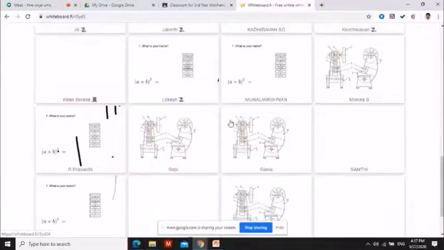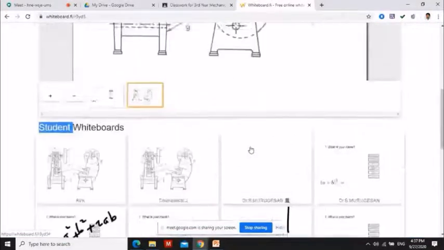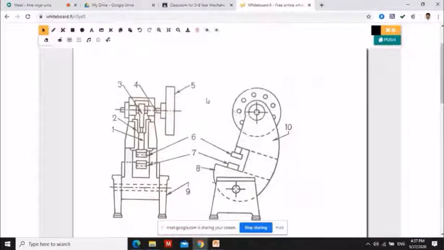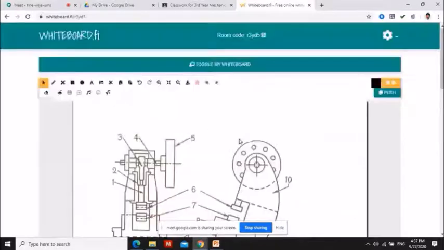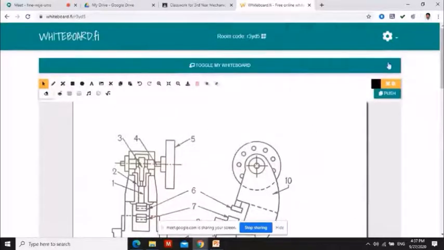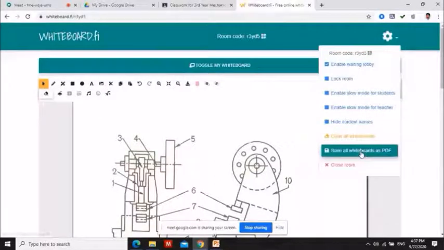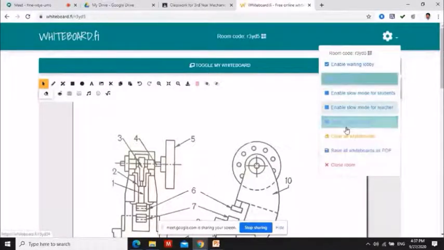Okay. This is how you can manage your regular whiteboard. This is not independently going to work. You can have your regular classes in Zoom or WebEx or Google Meet. Parallelly, you can use this whiteboard to post your blackboard writing to the students, and you can ask them to give you feedback. All these things you can do with the help of this. And finally, you can save this as a PDF file. So all the responses, you can save all whiteboards as PDF, and you can explore these options.